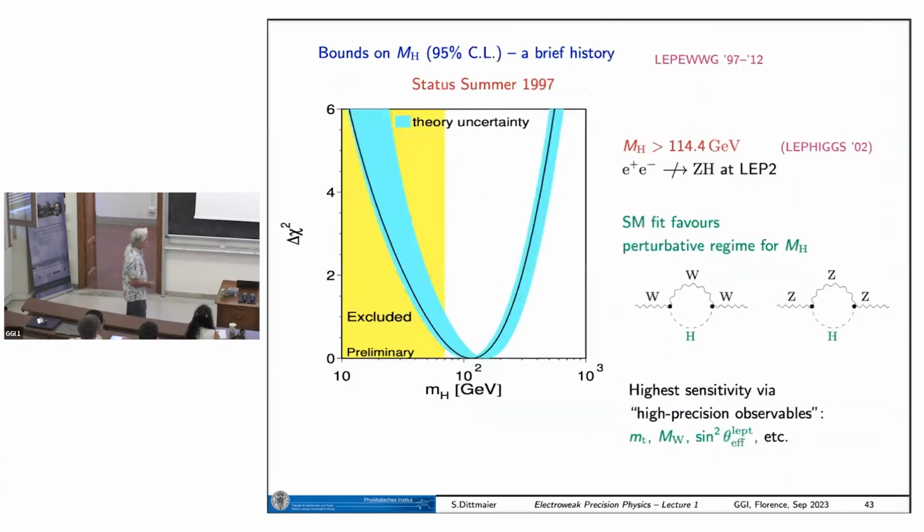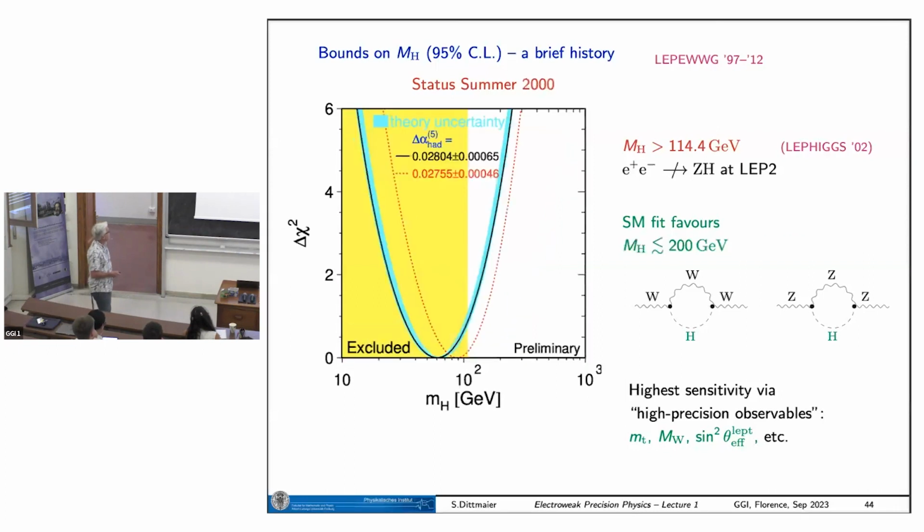The result you see here, the major sensitivity comes from such subdiagrams, and in '97 here you saw that the yellow region was excluded by the direct search for the Higgs at LEP, and this blue band had a minimum in this chi-squared fit between 100 and 200 GeV for the Higgs boson mass. For this reason, it's also called the blue band plot. So if you just follow now